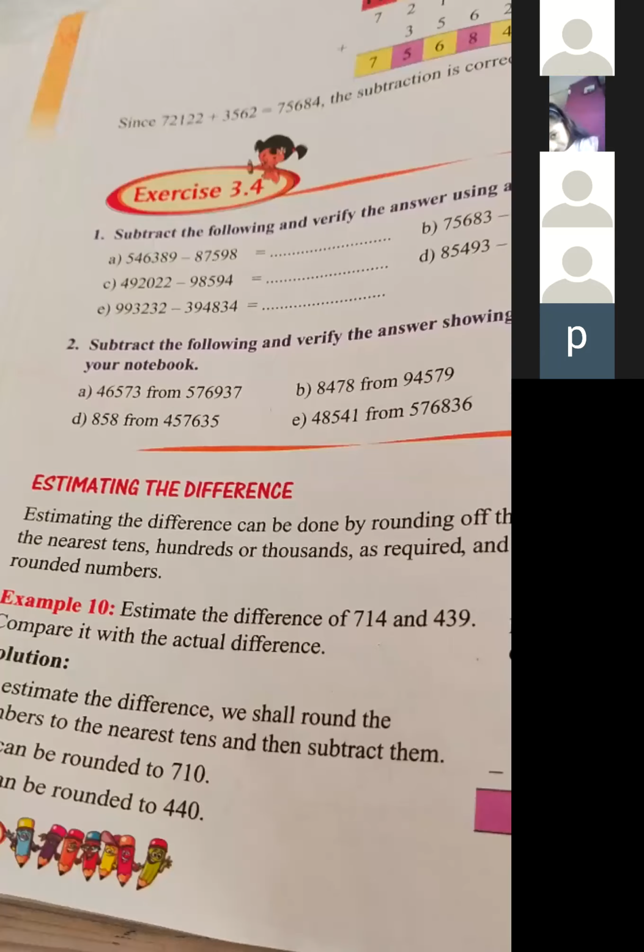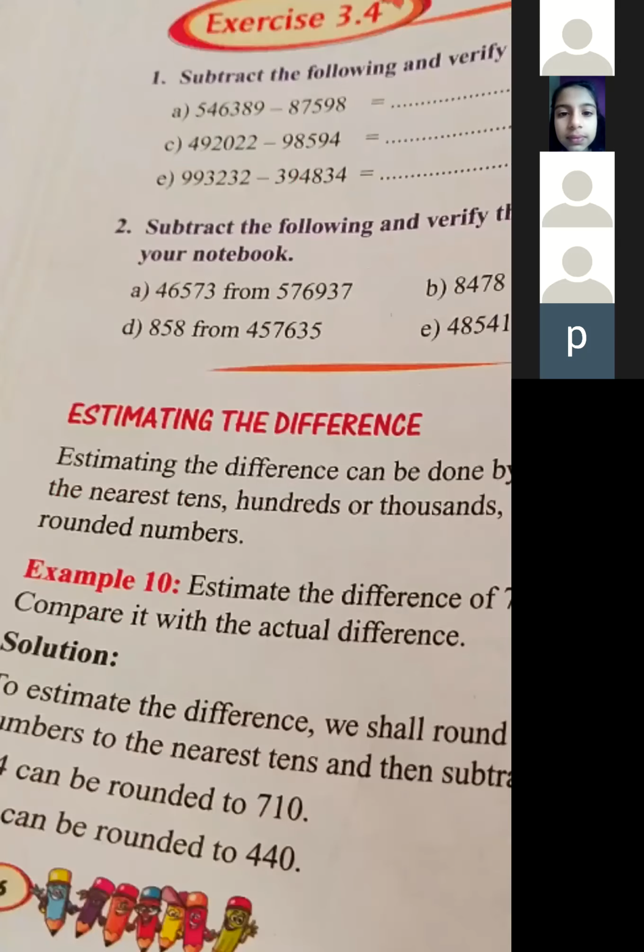Girls, now I am not going to give you any homework just now. You have to prepare for your exam tomorrow. So today only what I am teaching you, just listen properly. Our next topic, you have done in addition also, same thing, estimating. Estimating means round off the numbers. You know how to round off to the nearest 10, nearest 100, nearest 1000.